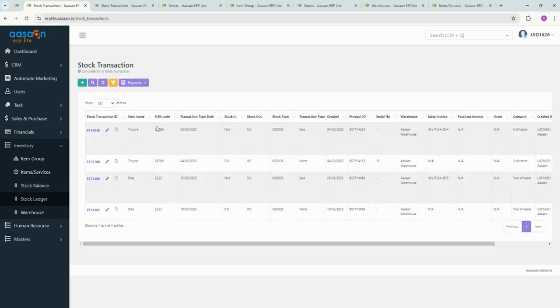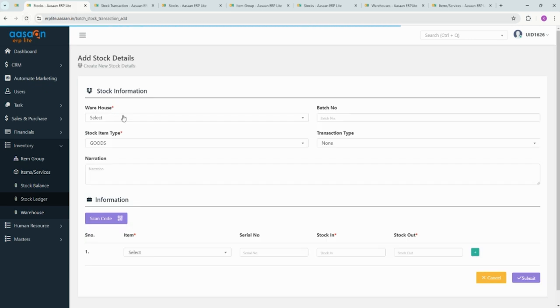And as the page loads, you can see that we have been directed to the stocks ledger section, where you will see all the stock input and output you have entered previously. And then there is also the filter option and the report generation option here to filter out anything you want to look for. Then in here, if you just click on the add button,